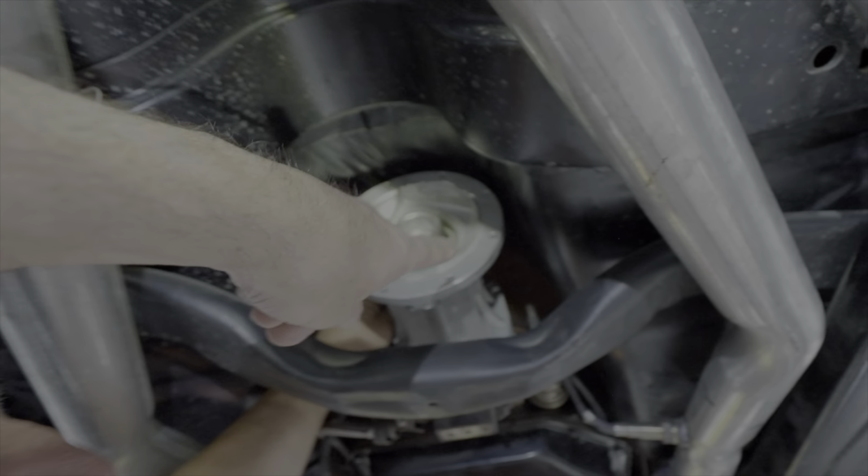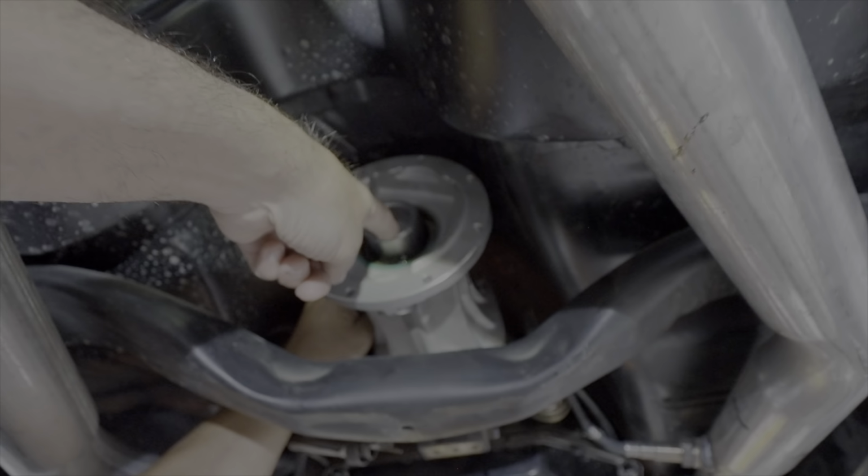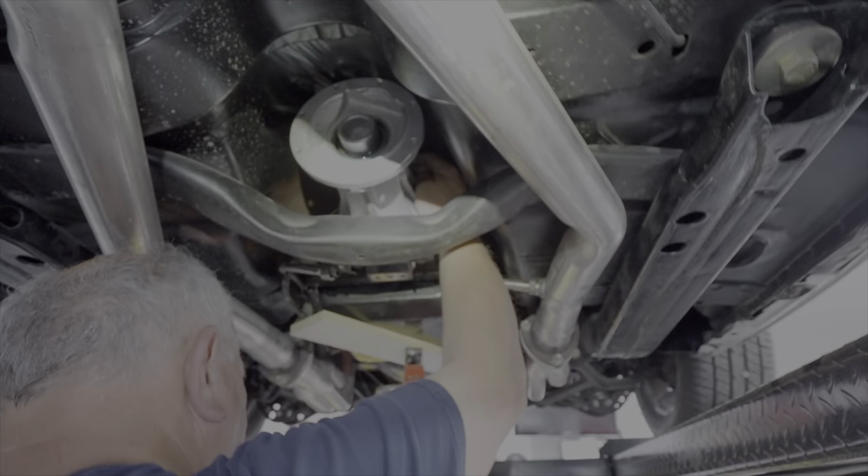We have to now do the old measurement on here and shim this coupling. So that's going to be next. So you guys hang tough, and we'll be back when we